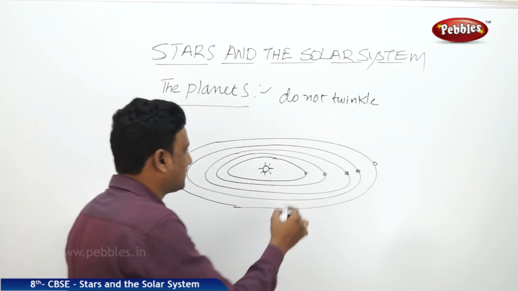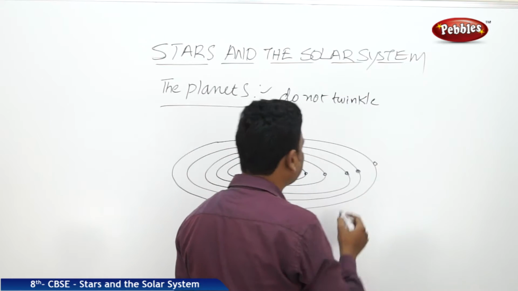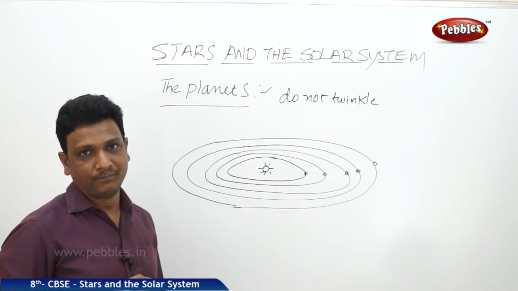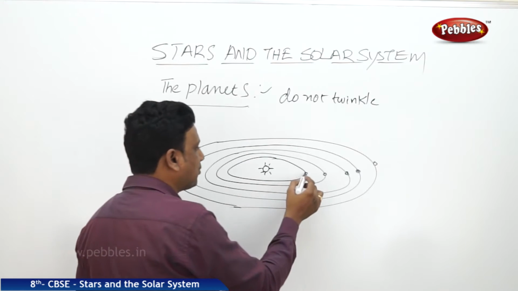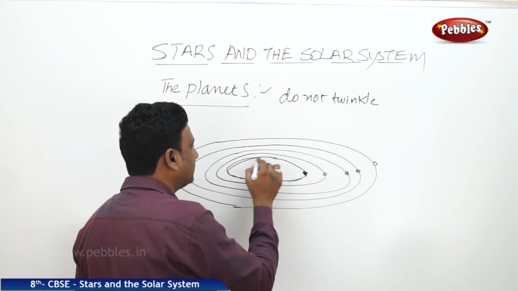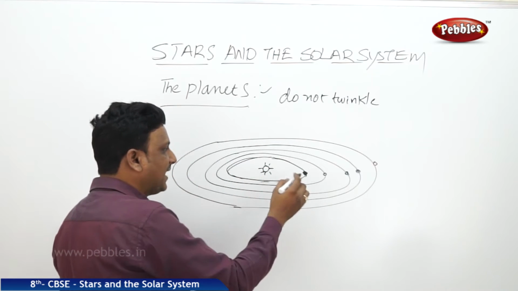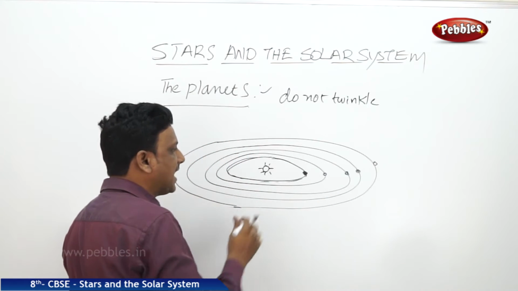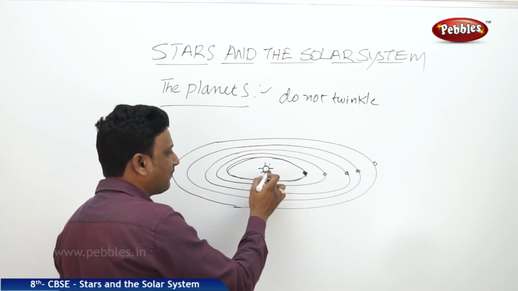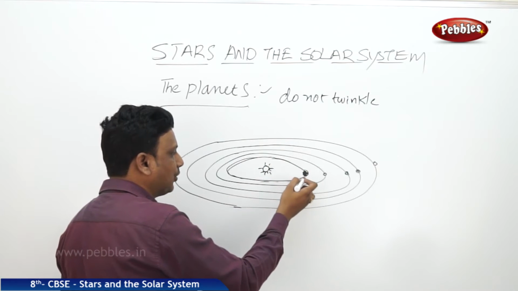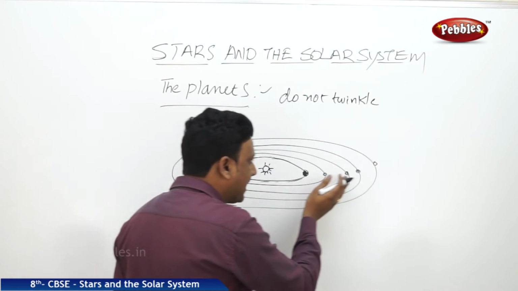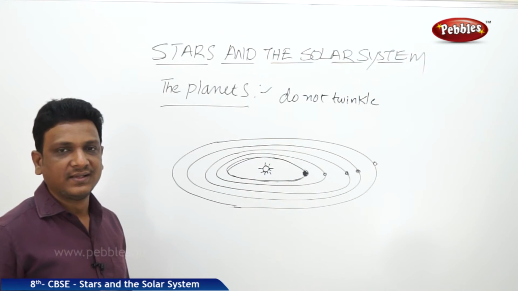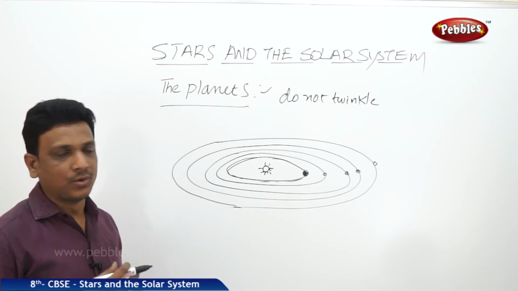So where are the planets? The planets are around the sun. Are they all traveling in the same path? No. Each planet has got its own path around the sun. The planets are arranged with some distance between each planet. They have different distances from the sun. Some planet is closer, next to that there is some gap between the planets. So in such a way, they are revolving around the sun.